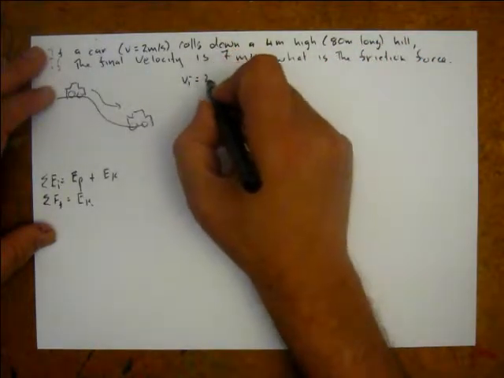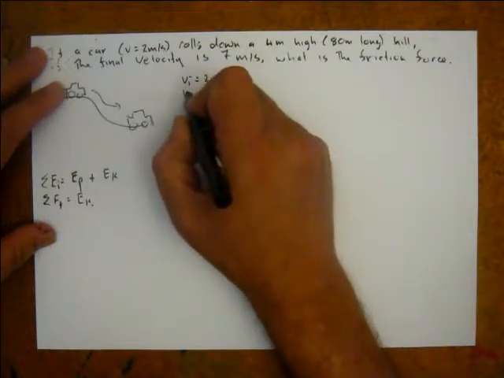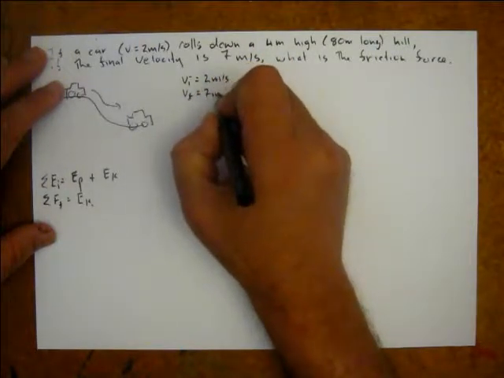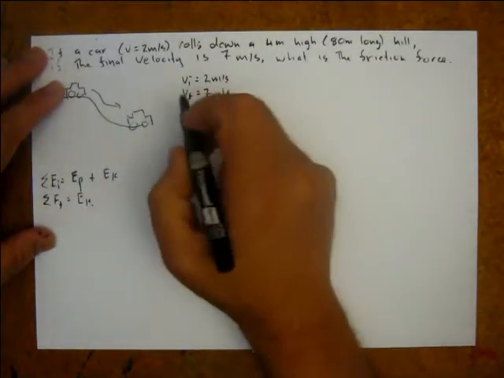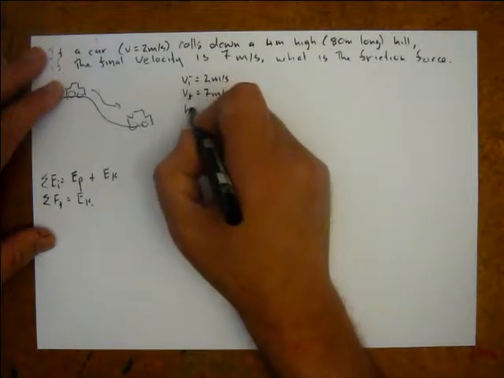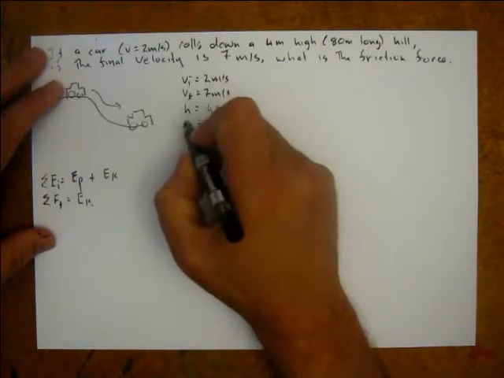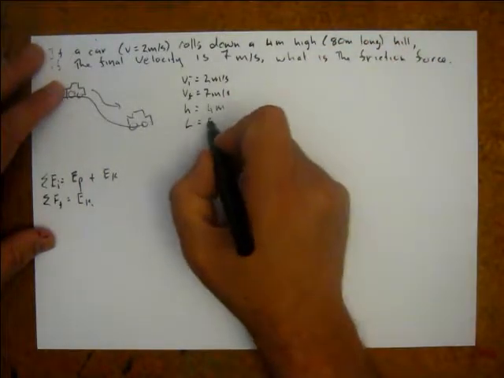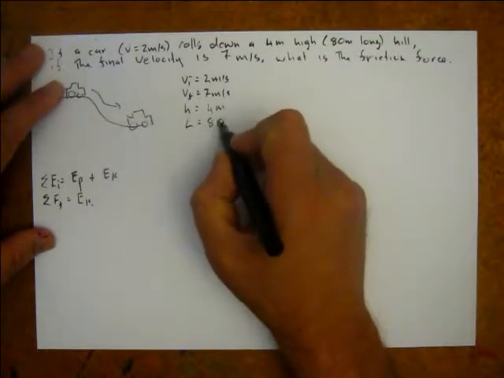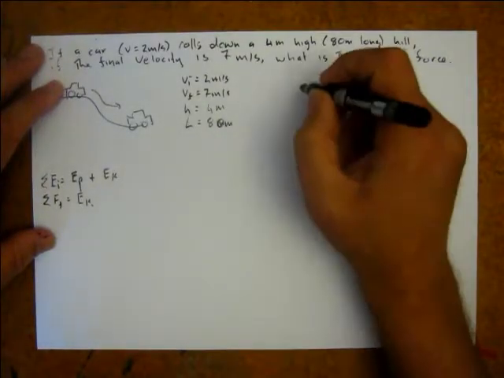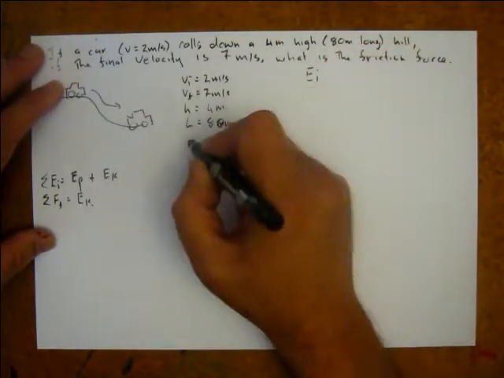VI equals 2 meters per second, VF equals 7 meters per second. What else do we know? H, the height of the hill, is 4 meters, and we know the length of the hill, which will become important later, is 80 meters. Now, we work out the initial energy, E initial